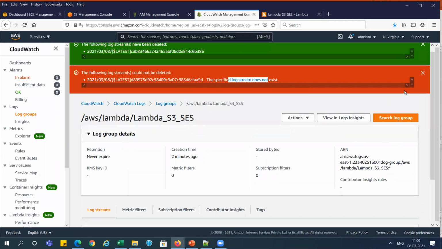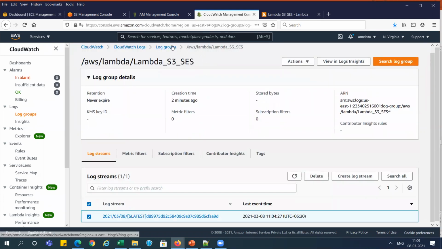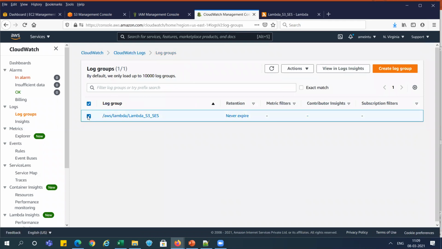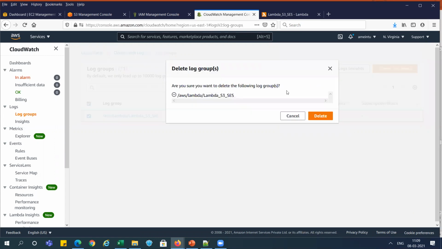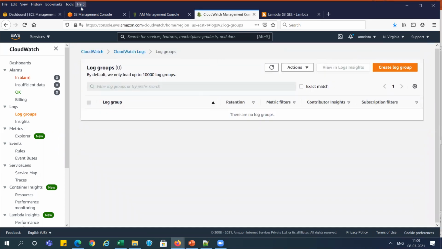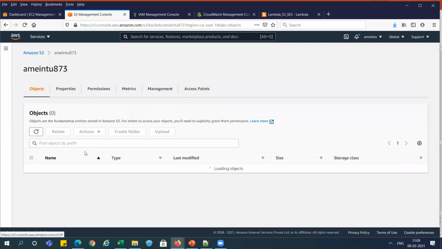It does not exist. Okay. Let me go to the log group. I am deleting it again so we can easily understand those things. Now we don't have anything here in the logs. Let me upload one more file here in the S3 bucket.